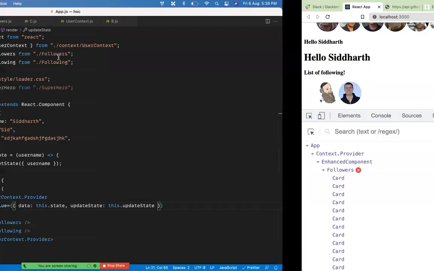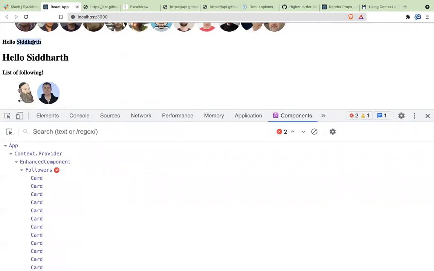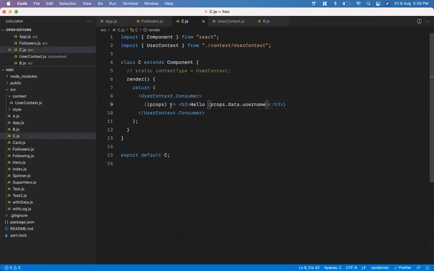Siddharth, you're able to access it. Now what if I want, as soon as I click on this, the state to change to something like Onkar? I need to get access to that inside the C component. Props dot update state is there, right?